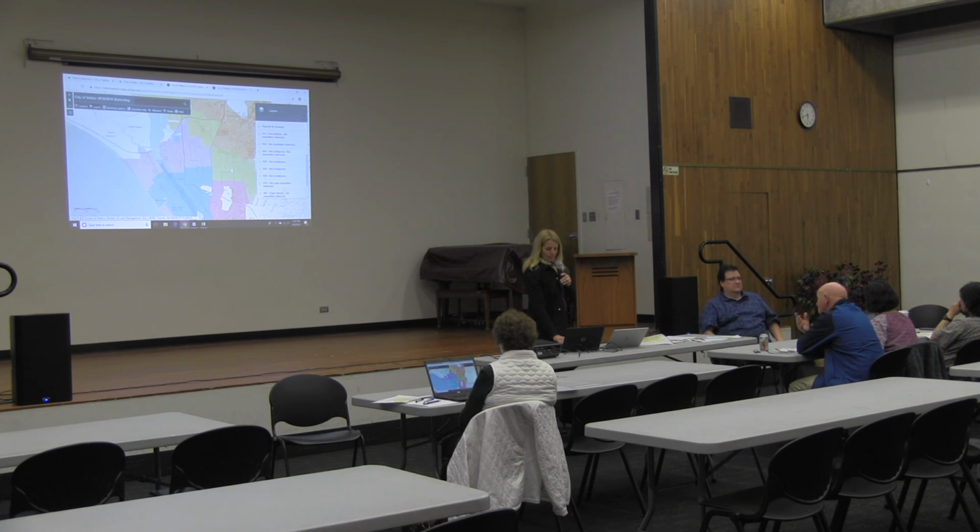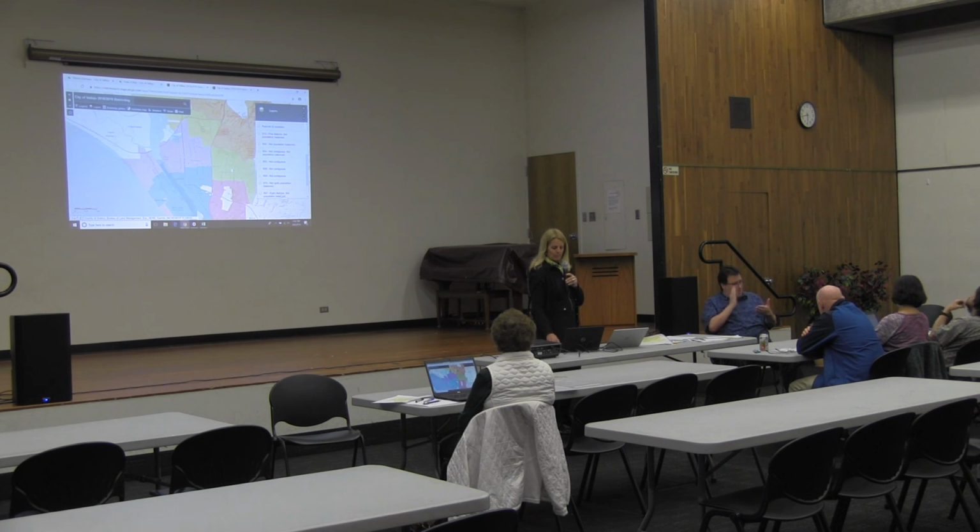And then there was a map that was submitted with 8 districts. And as I recall, the submitters of those maps wanted to see the board increased in size and wanted to show what that would look like. But that's not the direction that the council has given us, that we're sticking with the 6 districts. So they're all on here. None of the maps are edited. So rest assured, if you take the time to draw a map, we'll prepare it and bring it up for everyone to see. I wanted to show you,